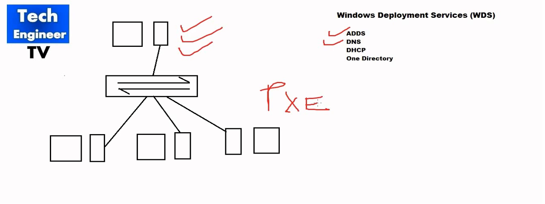If PXE compatibility is not there in the NIC, or the chip is there but not enabled on the computer, then because of that the network boot will fail and the user will not be able to boot or install the operating system. So PXE compatibility in the NIC should be available on the computer,